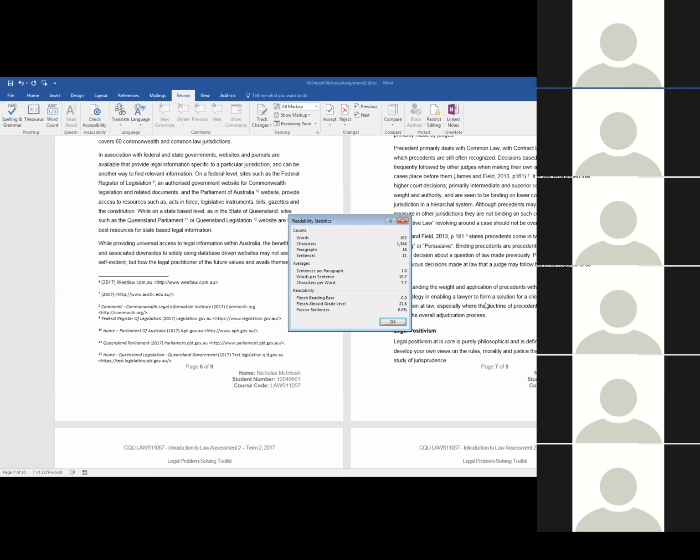That would worry me because it suggests that this document is pitched at a grade 21 level, which is well and truly university level. That's good, but you generally want to keep those numbers down for the readability grade level and the reading ease. I've got a feeling that some of the things haven't worked on this document terribly well, but it gives you an idea of how to go through the process.